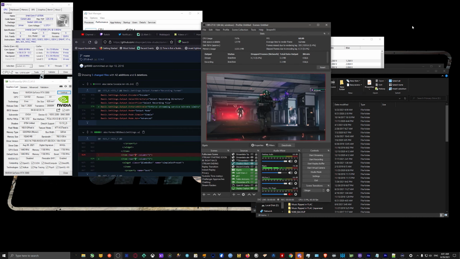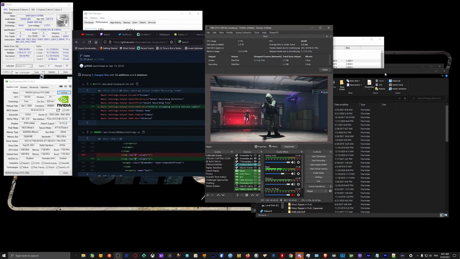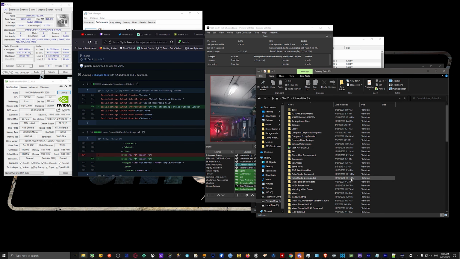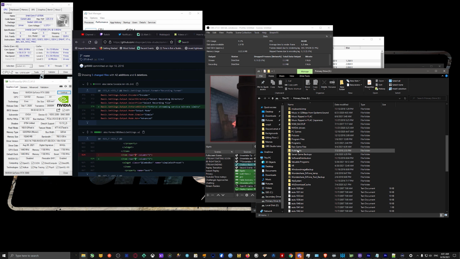So I did find the overall file. I was looking in the wrong area, that's my bad. As I was trying to state, we actually want to go to the install folder, not OBS. I'm sorry, I navigated that incorrectly. So we want to go to the installation folder. It's actually shown right here what the option is. So we want to go back to the installation folder,